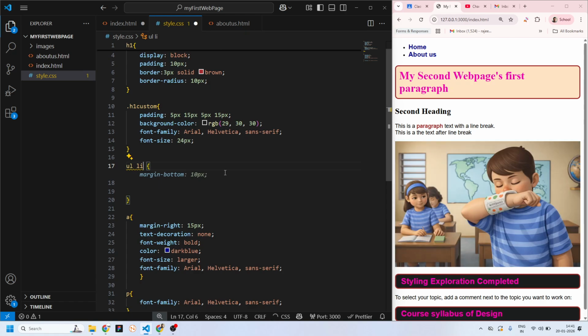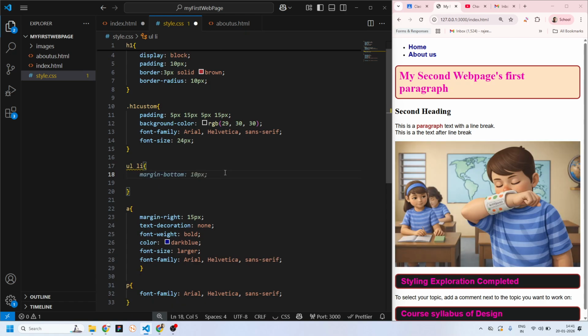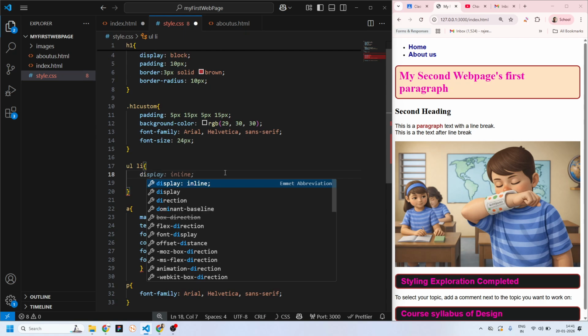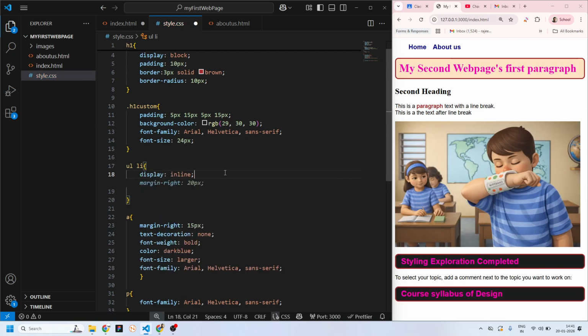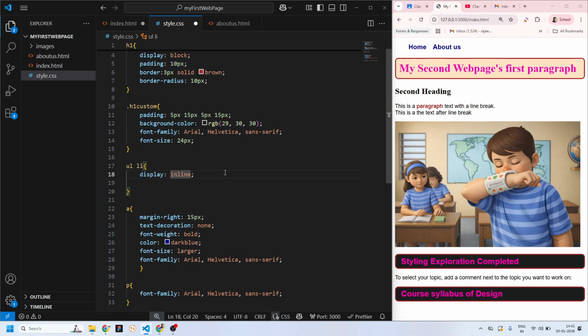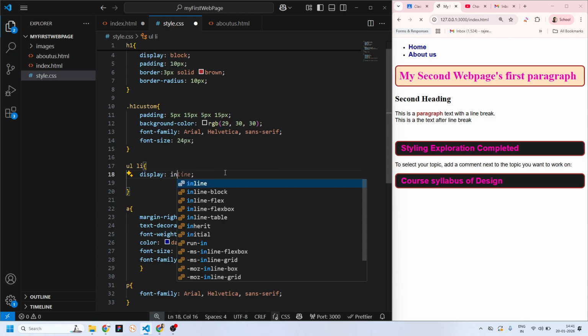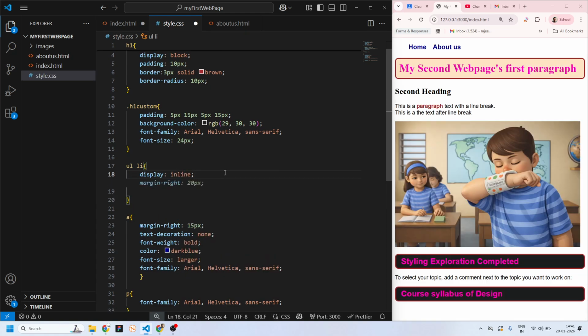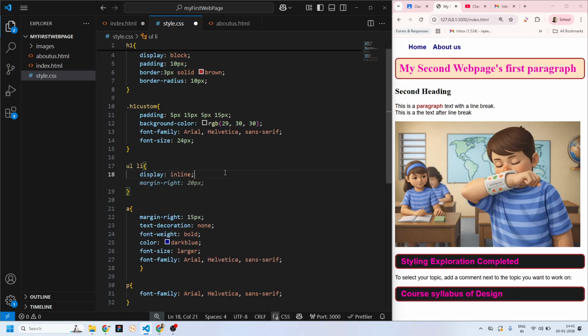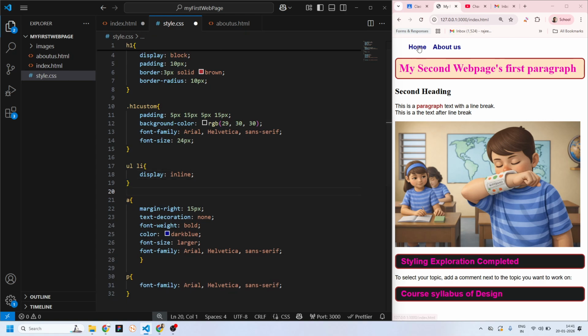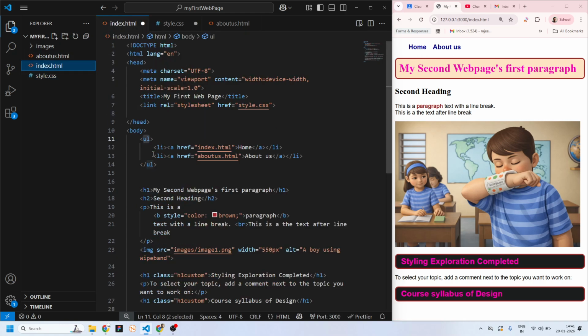We have to represent these as block items. So we'll have to change the display from inline, or we can choose block. Sorry, inline in this case. Now this fixes things out. Perfect. So we have the exact same thing here, but the good part is this is all wrapped within this